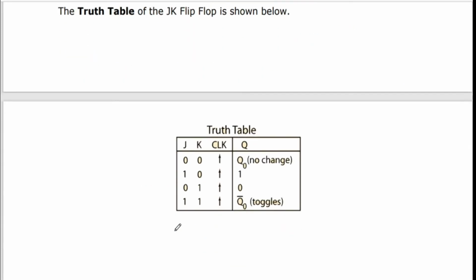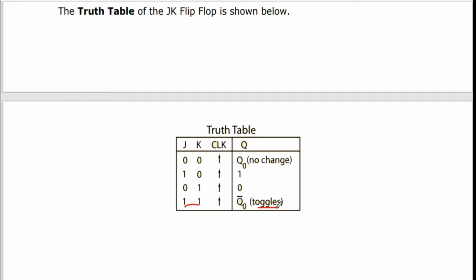That is what we have seen here. When J is 1 and K is 0, the output Q is going to be 1. When J is 0 and K is 1, it is going to reset the state. We have set and reset, and the final state is when J and K are both 1 1, we have the